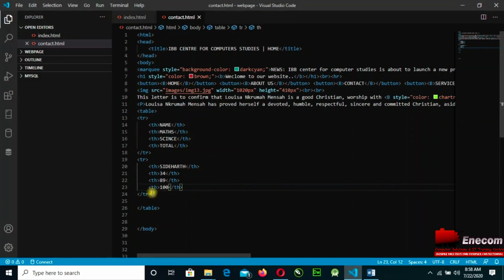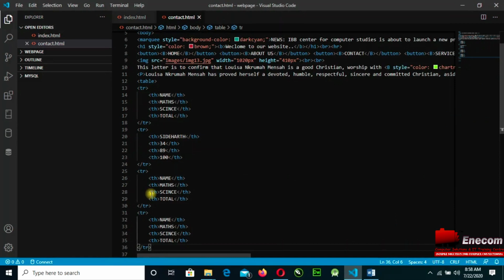So I'll just have to go back. Let me add extra 2 data rows. So paste. Then I'll hit another paste and I'll save it. All that I have to do is just make changes to this side, which is mark. I'm going to make it mark. Then I'll give here 45. I'll give this side 55.